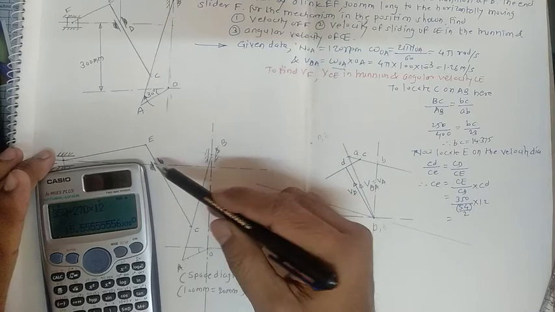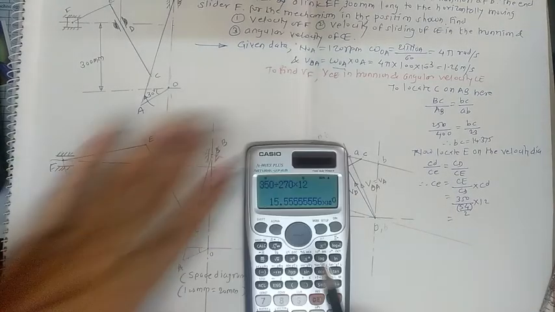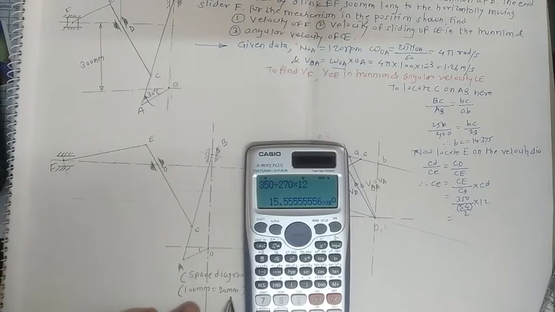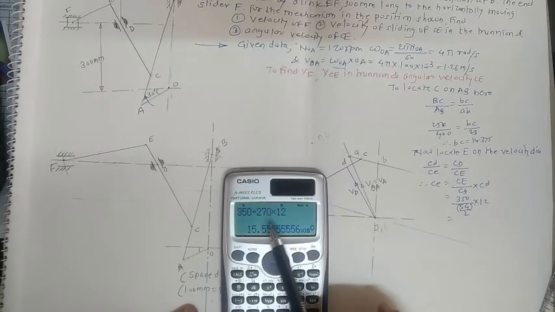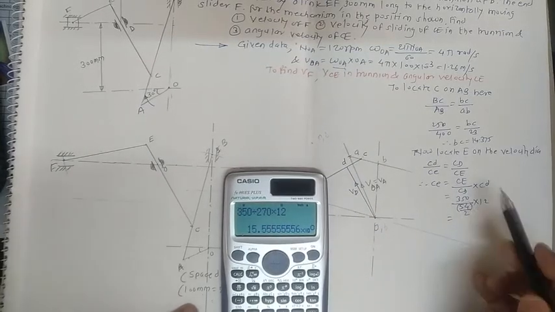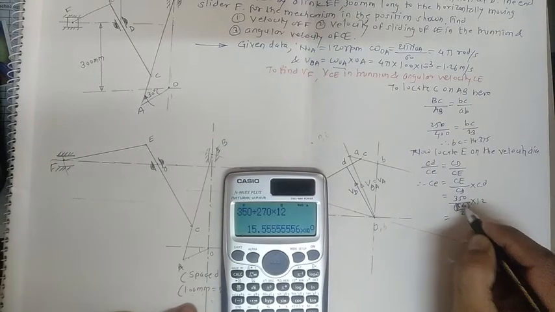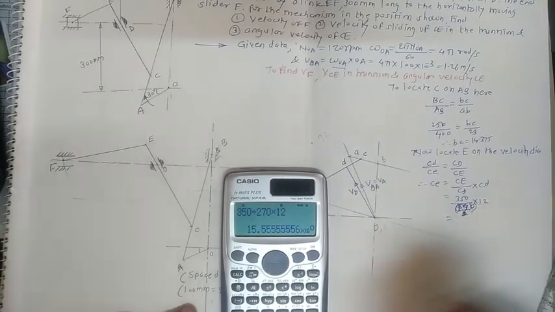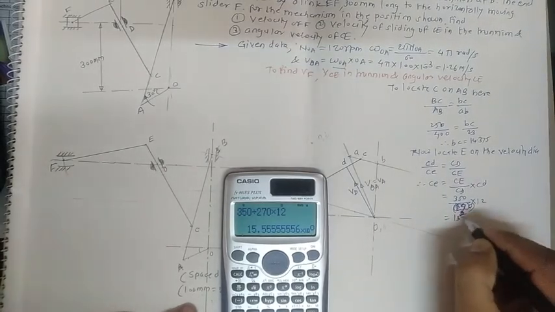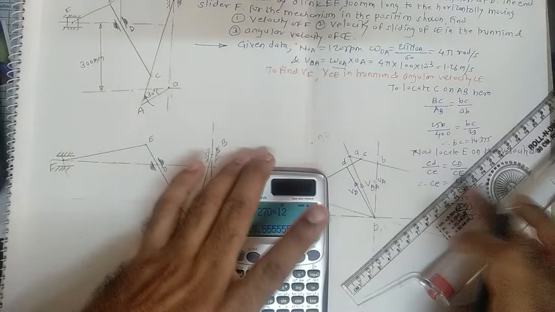Okay, so as per scale we can get 270. So 350 for this 100 mm, 20 mm. So how much is the length for the 54 mm? So in this way you can get the 270. So 350 divided by 270. So if you just see here this formula written by us, 270 mm. So we can get the 15.55 or almost 16. Okay, so at a distance of 16